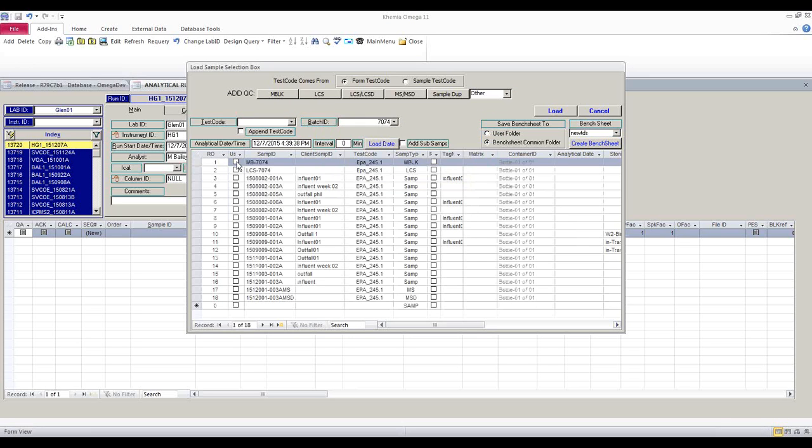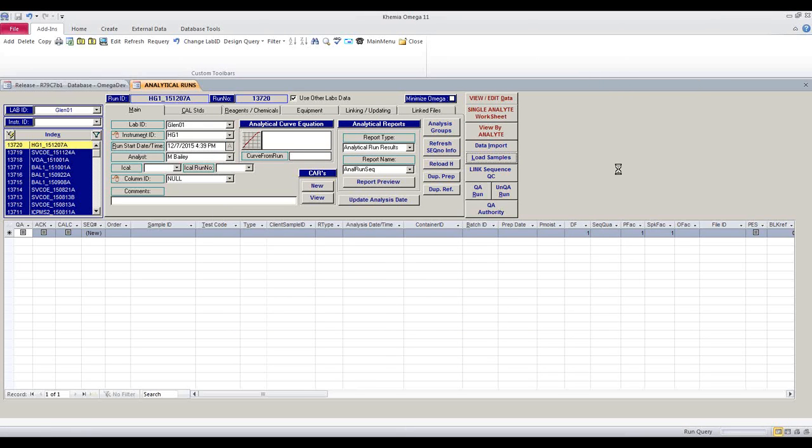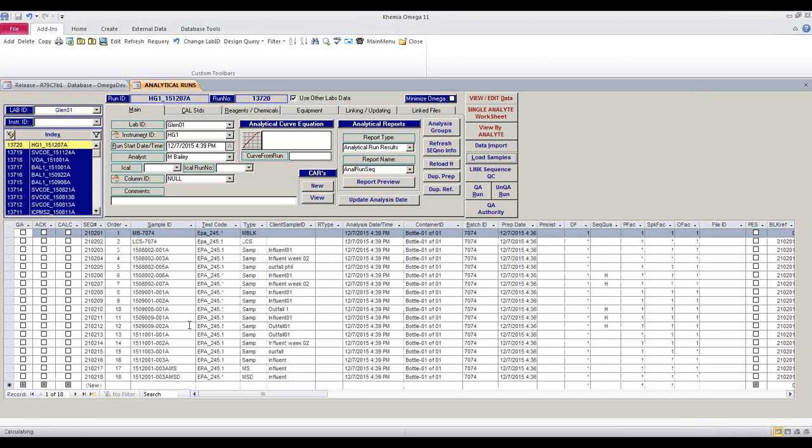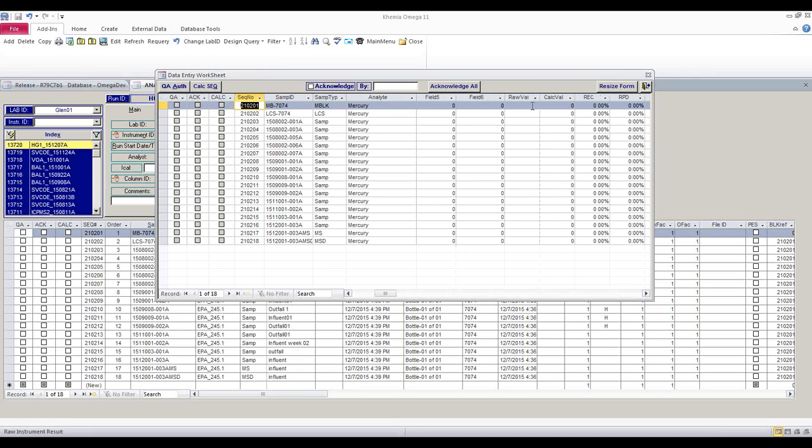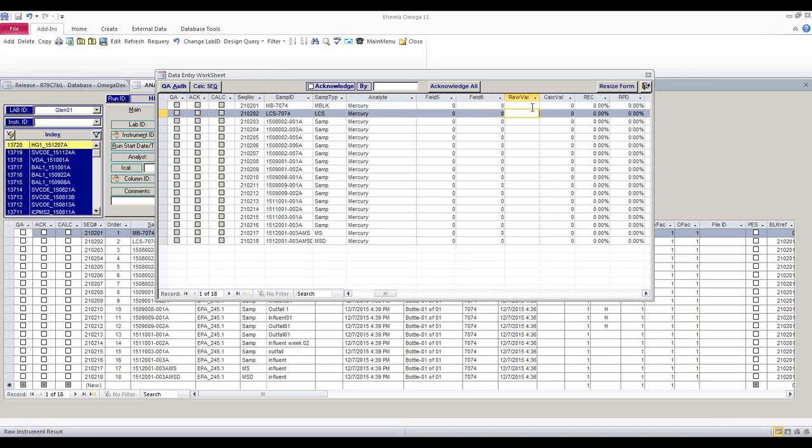There are the samples we just prepped. Go ahead and say OK to load all of those. We see those appear in the analytical run. And then I can come into my single analyte worksheet, since it's only mercury, and add in my raw result and simply type in the values that we need in here. Read these right off of my spreadsheet,